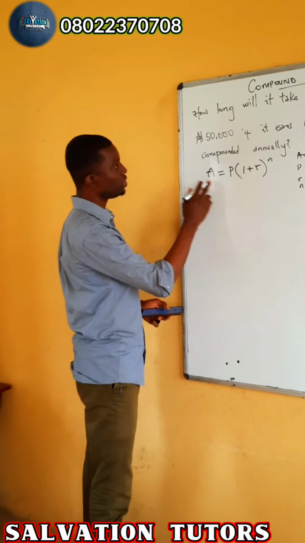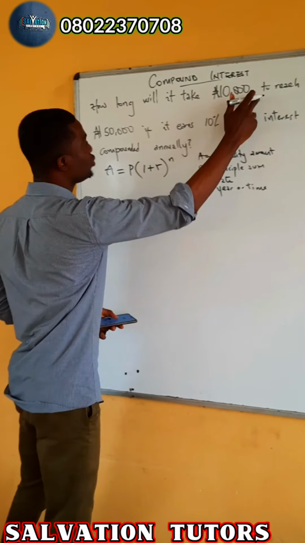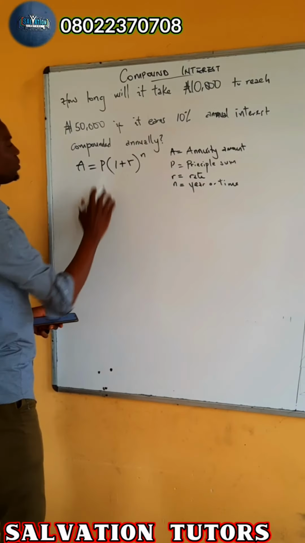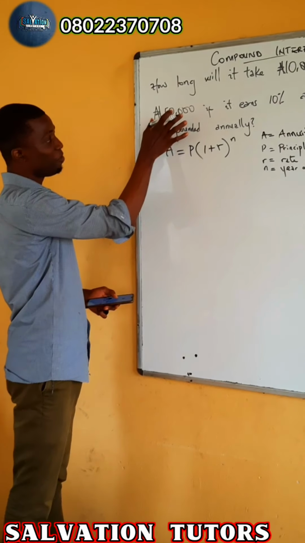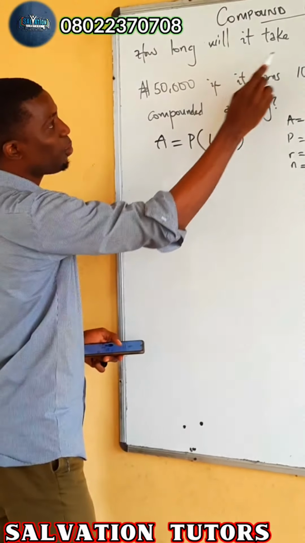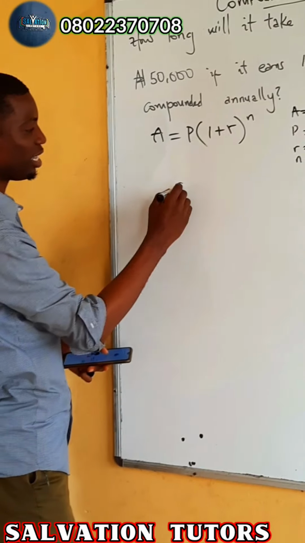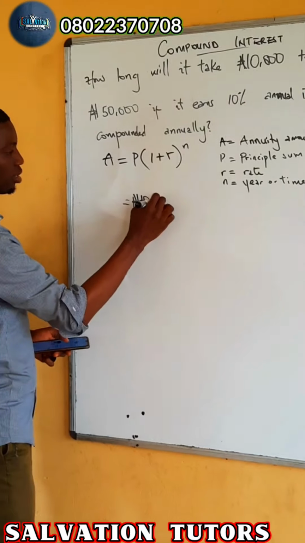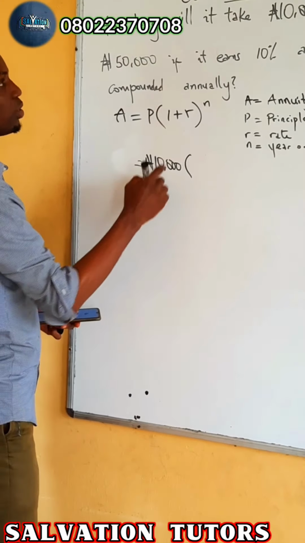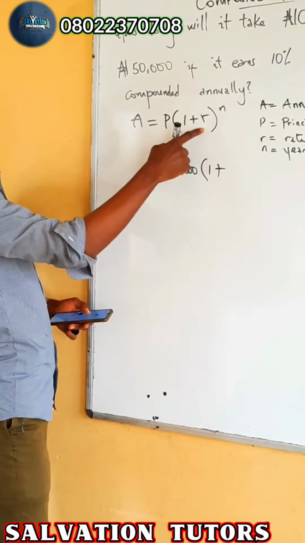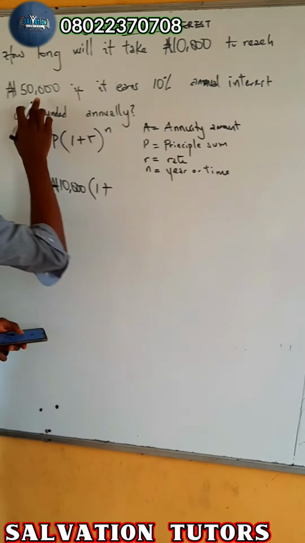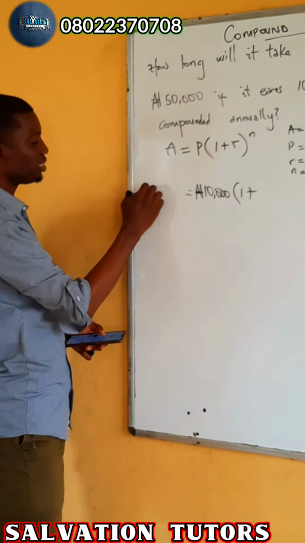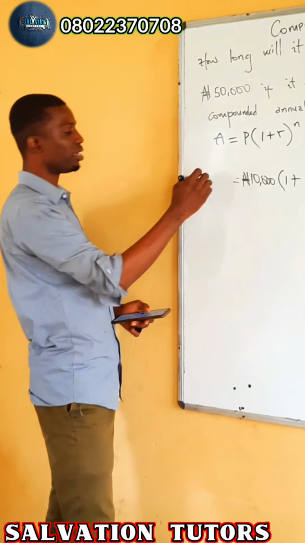Now we have A, which is annuity. We were told: how long will it take 10,000 to reach 50,000 if it earns 10% annual interest compounded annually. Now we know that our A is 50,000, and 10,000 is the principal sum, so we'll bring it to 10,000, all in brackets, 1 plus what? Are we given our rates? Let's find out. To reach 50,000, we are told the annuity sum, so you bring it here, 50,000, this part of the formula,